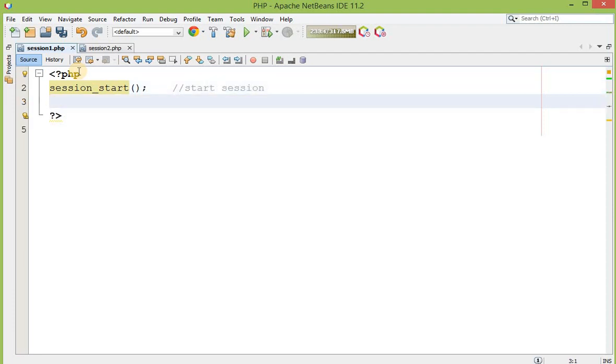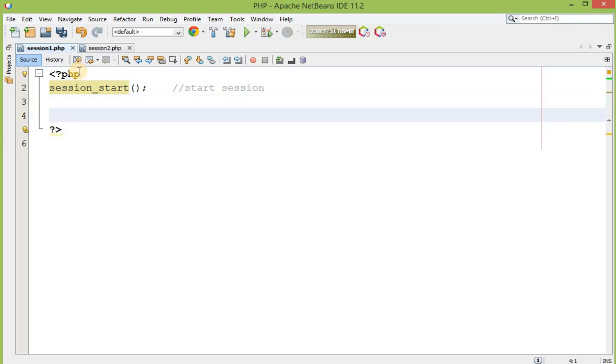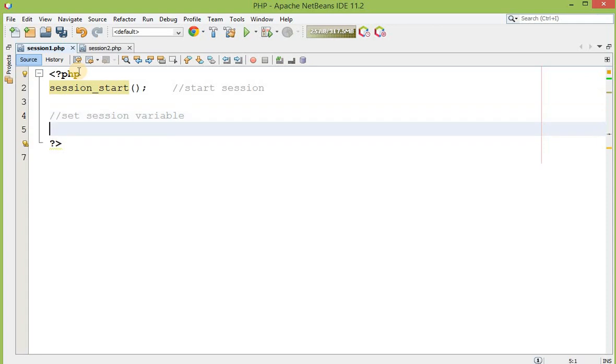Now after that, if I want to maintain my session using this technique, I have to define some variables. So now let's set a session variable. How can we set a variable?